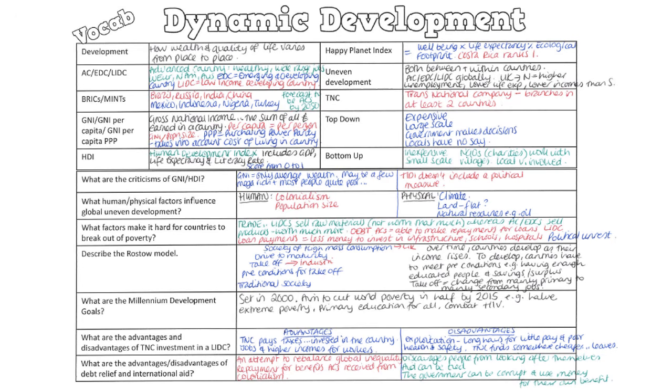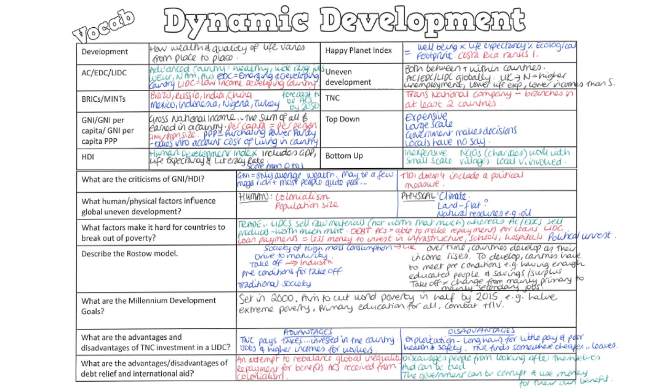So many people think that HDI, Human Development Index, is a better measure because it includes GDP, life expectancy and literacy. So it's a composite measure that looks across economic and social development. And countries are scored from 0 to 1. Happy Planet Index, don't need to worry about, we didn't look at that. We looked at Corruption Index and we looked at how that could be used as a measure of development.